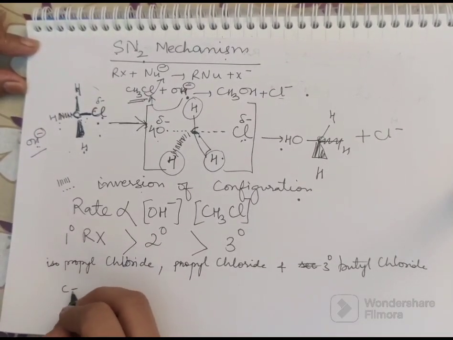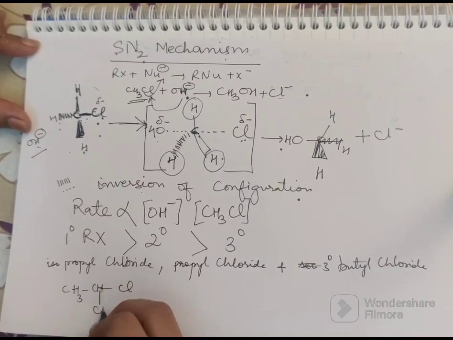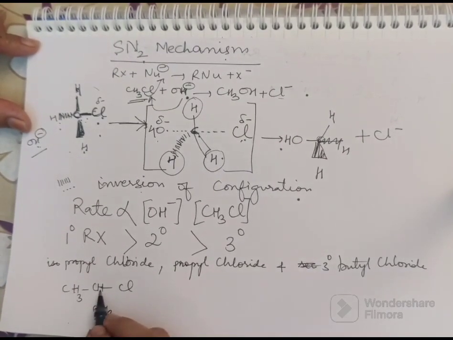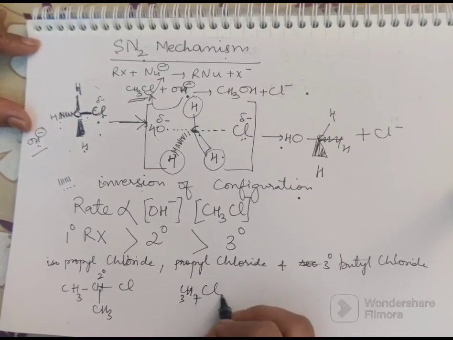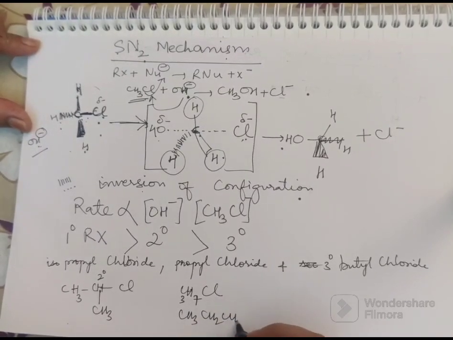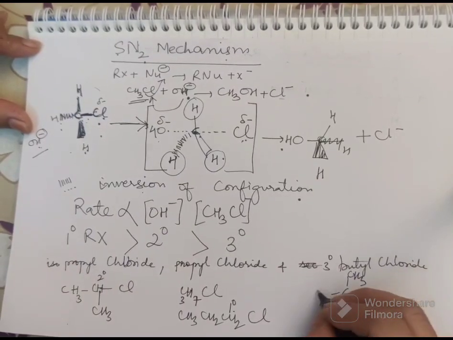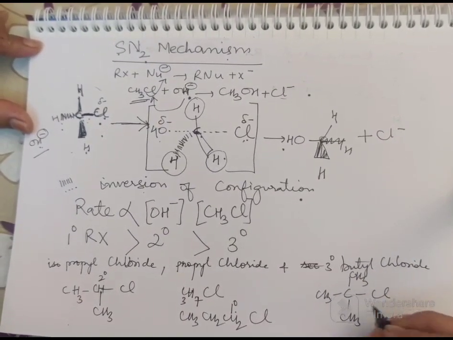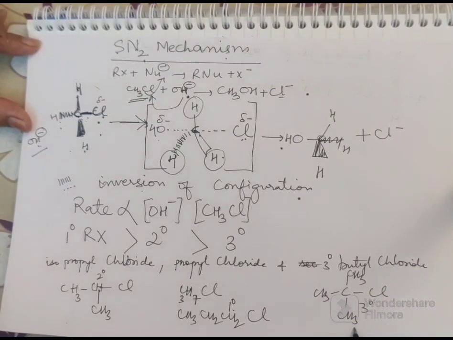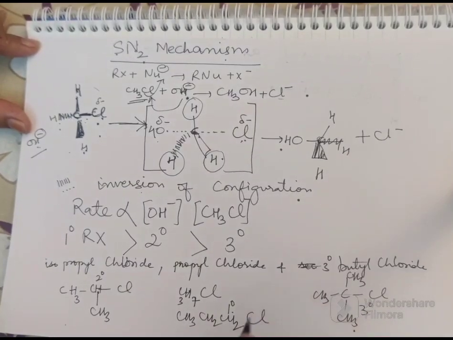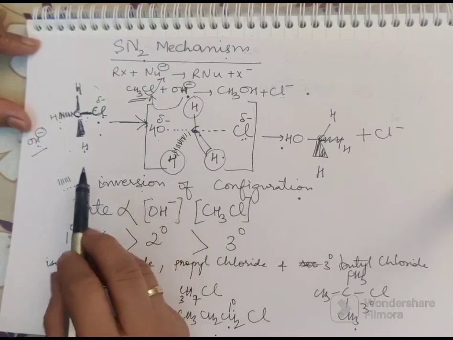Now isopropyl, I have discussed earlier, chloride is bonded to isopropyl chloride. This carbon atom is secondary. Propyl chloride, C3H7Cl, CH3, CH2, CH2, Cl, primary alkyl halide. Tertiary butyl halide CH3, CH3, CH3, Cl. Now this is tertiary. अब आप देखो, अगर OH minus attack करेगा, there are 3 big groups, repulsion will be more, so this will not follow SN2 mechanism. This primary, very very happily it will follow SN2 mechanism.